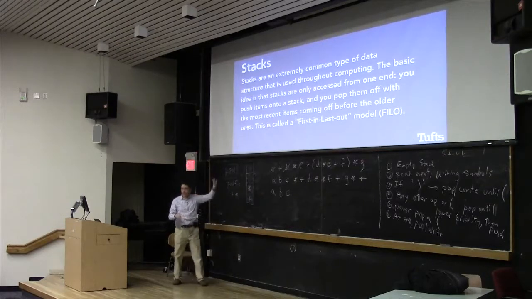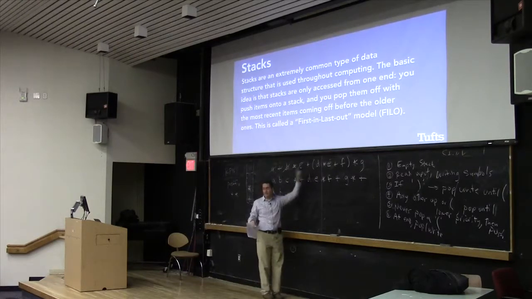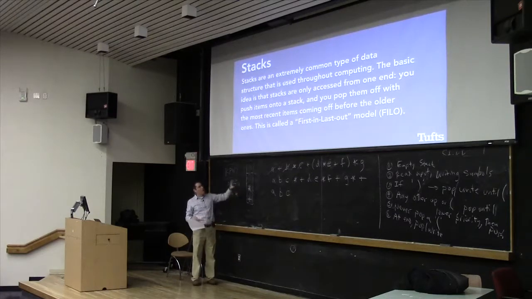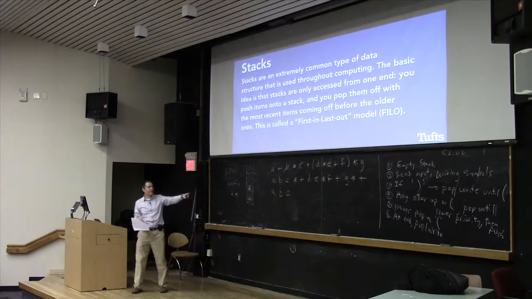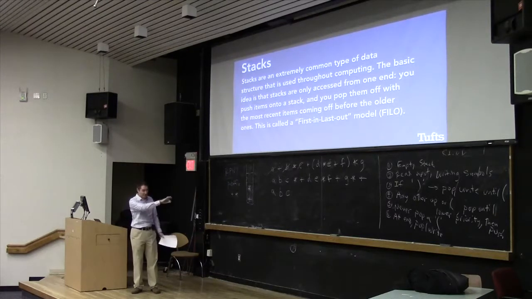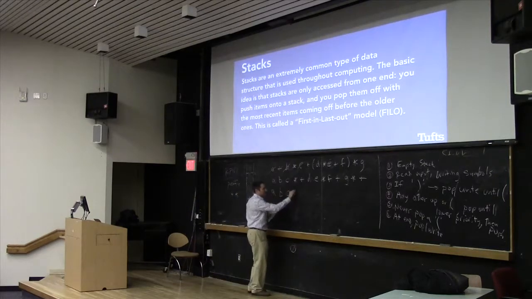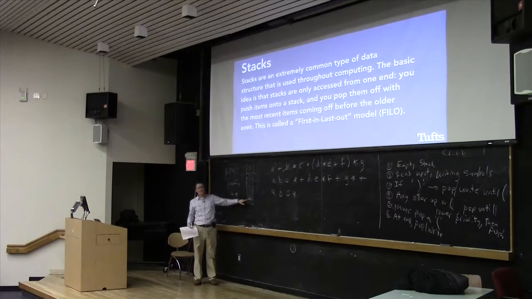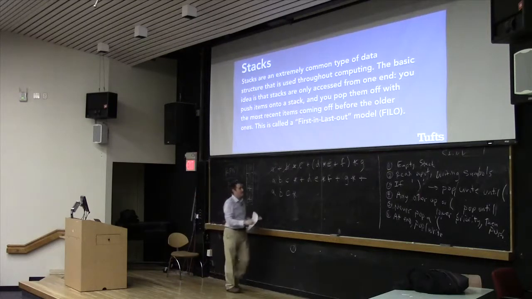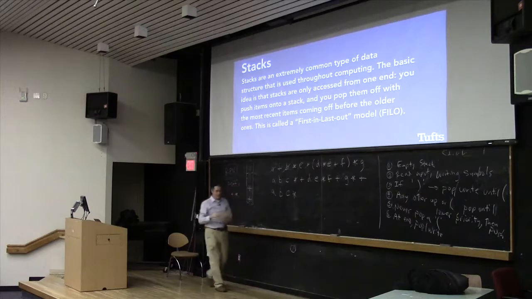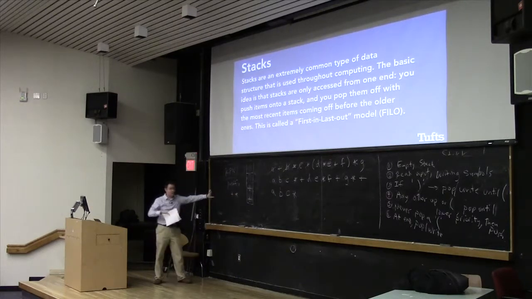Let's see. We left off at the plus. So now we've read all these through. We get to this plus, and the rule says any other operator, pop until we get a lower priority, and we're going to print those out. Star is a higher priority than plus, so we need to pop it off. So we pop off the star, and we print it out. And then we say this plus is not a lower priority than plus. It's the same priority, so we leave that one on there. And then we push the one we just read in. So now this is what the stack looks like at this point.